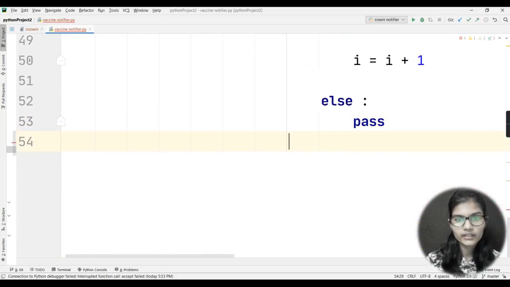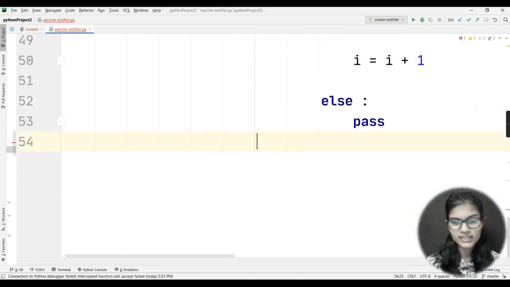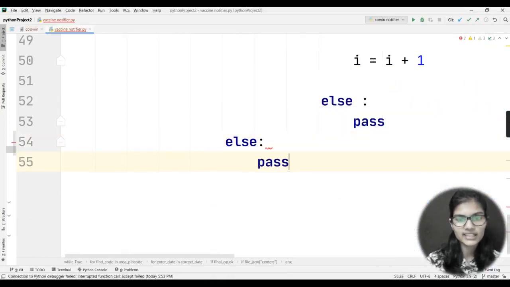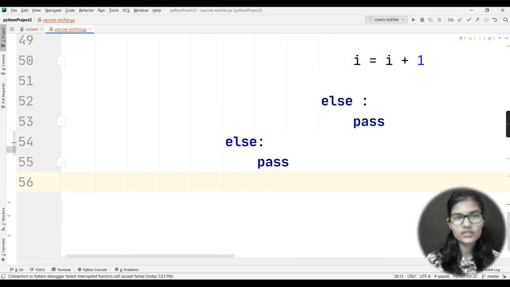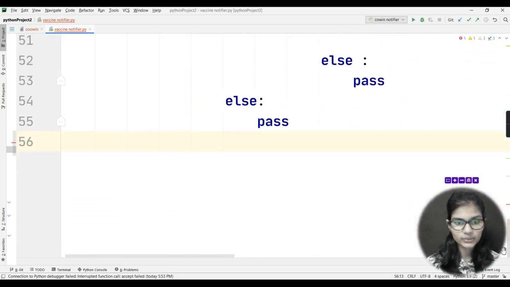Okay, so now here I guess it is right. Let me quickly check that again. So this is a straight line, one step more back. I would again close my else statement, that is pass. Again I would close it for one more because I have used one more else condition. So just before that I have used it, so here I would be closing that else condition.